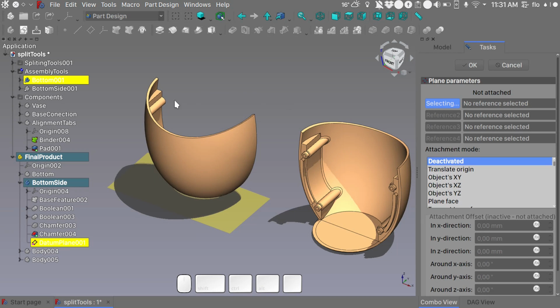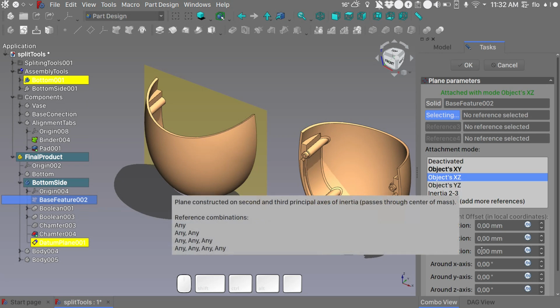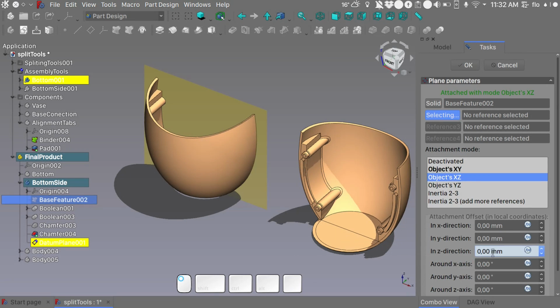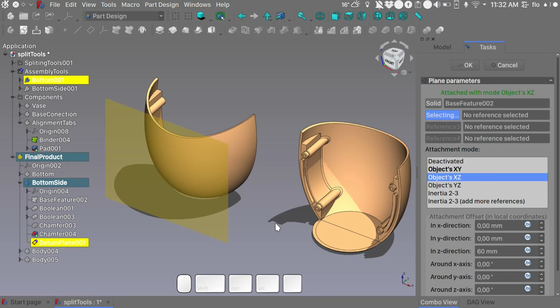a new datum plane, and we will attach it to the base feature oriented on object XY, and we will move it in the Z direction by 60 millimeters. Remember that the Z direction of this plane is basically the normal direction, so the perpendicular line on the plane. This way you can kind of quickly orient it in space. Click OK,